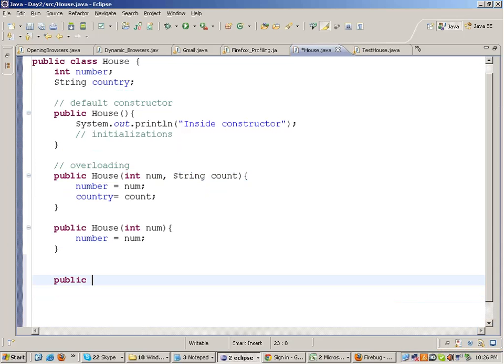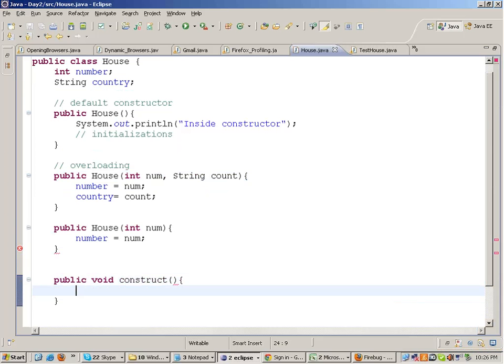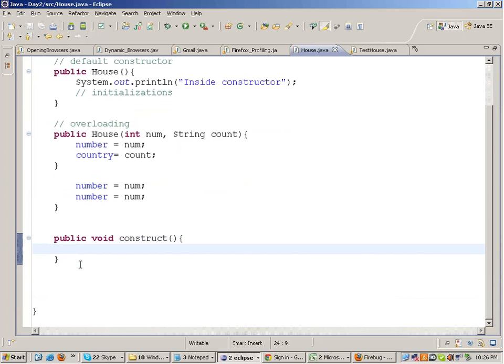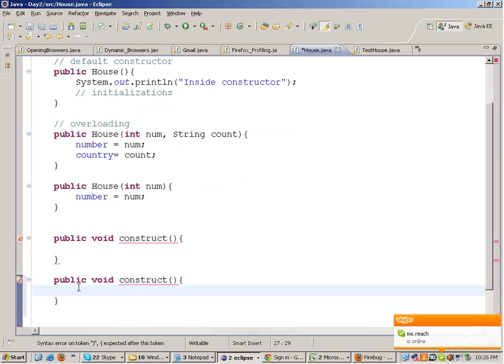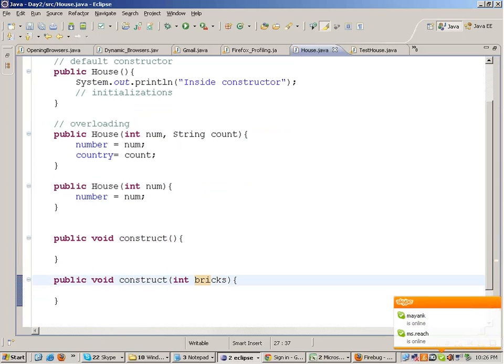For example, if I have a function like this, public void construct, this is the function which is related to the construction of the house. I can also have a function called public void construct with the same name but different parameters, say int bricks, that is, construct the house with this many bricks.